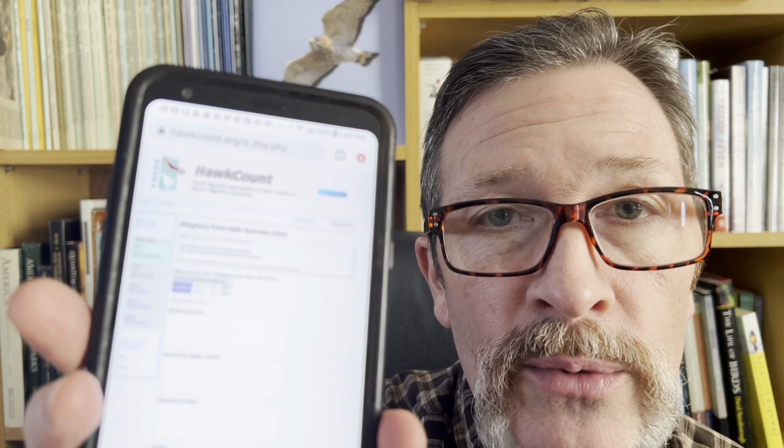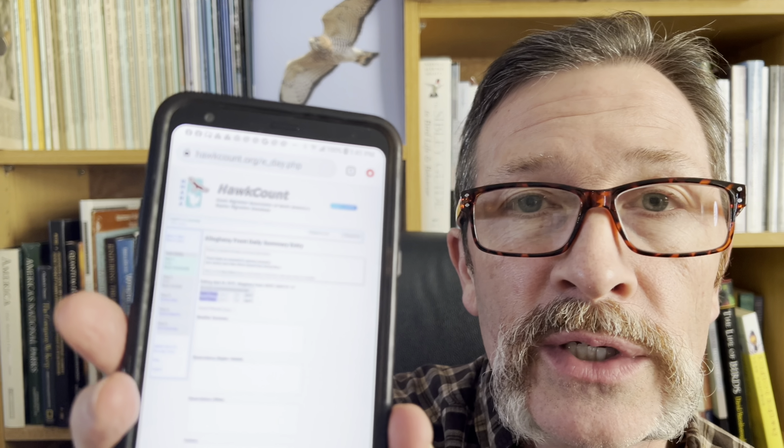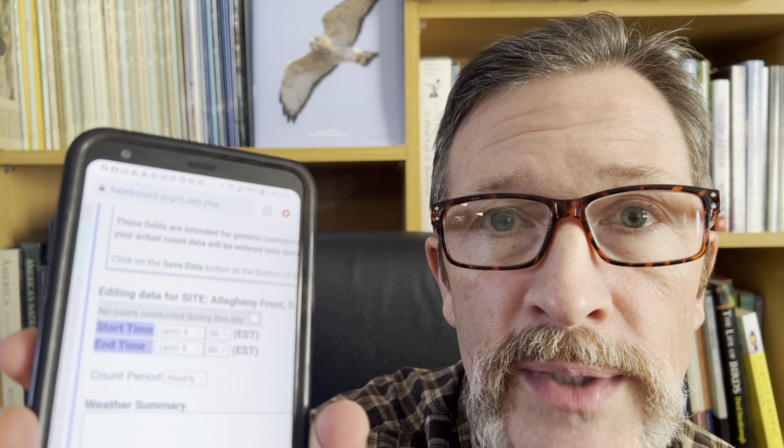now you'll see the same screen that you would see if you were using a computer. I enter that using my phone when I'm outside. Now, on a day like today that is so windy, I might go into my car, and that might be helpful. If not, I can do it out there. I'm just going to blow things up as large as I can. I wear glasses now, so I have a hard time seeing if it's small. But once I have it zoomed in like this, I can pick my times. Let's just say that I was doing that from 9 a.m. and let's say I'm going to go till 4 o'clock